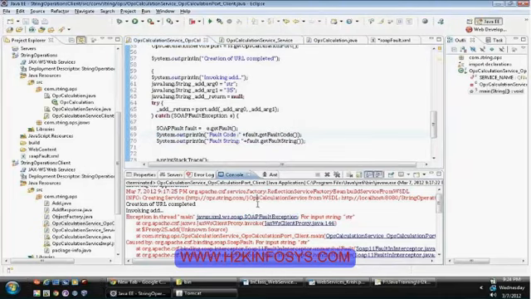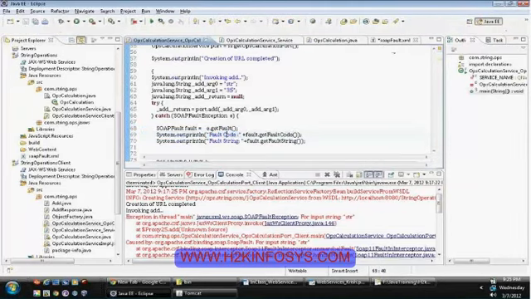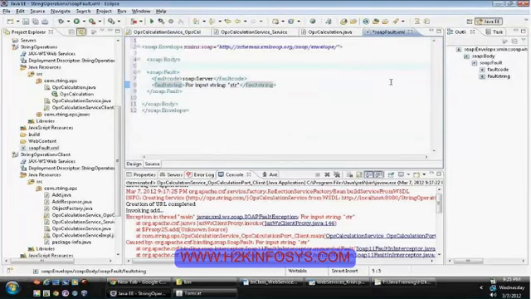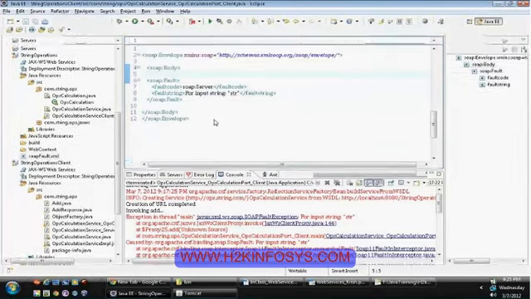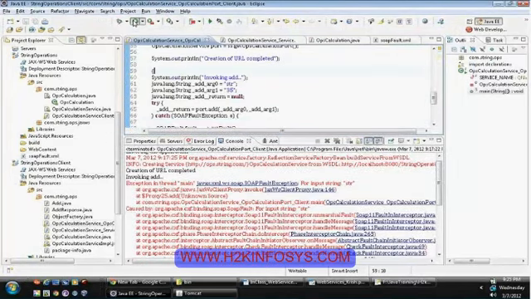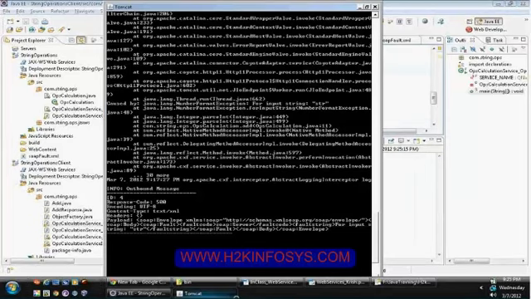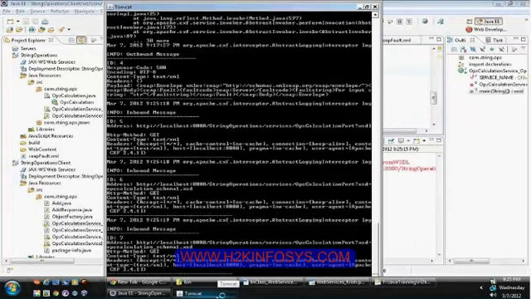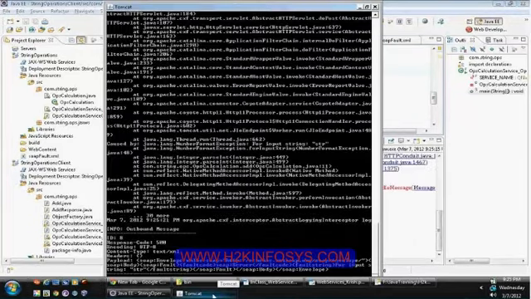So now from our client side, instead of throwing it back to the main method, we are able to retrieve the SOAP fault error message, and we are able to retrieve what the error code is and what the error message is. Based on these two pieces of information, we can easily fix the error that is generated by our service provider. So now run our client one more time. This time also it has generated a SOAP fault.